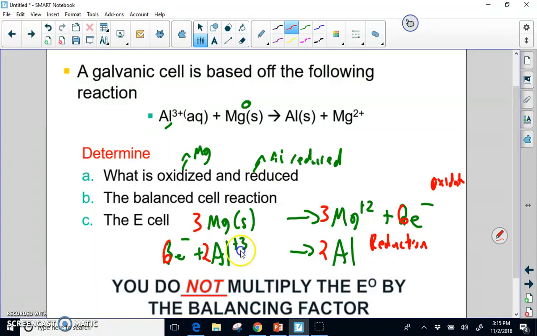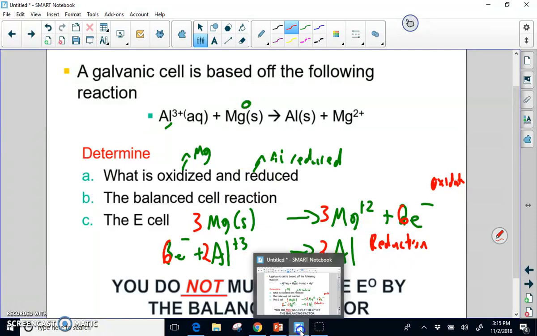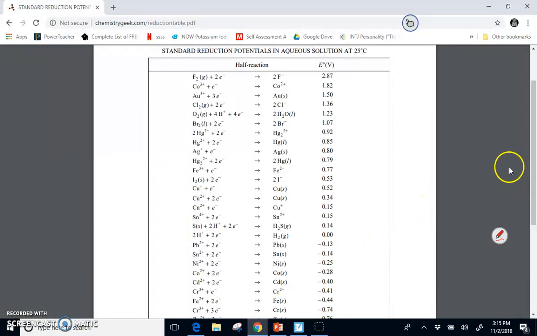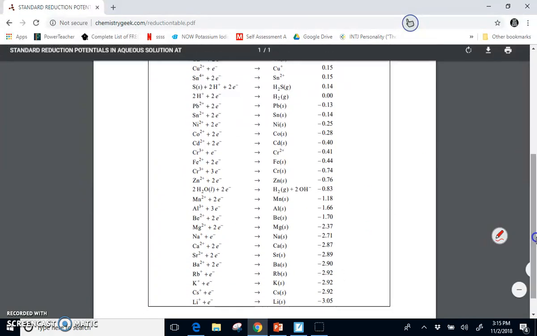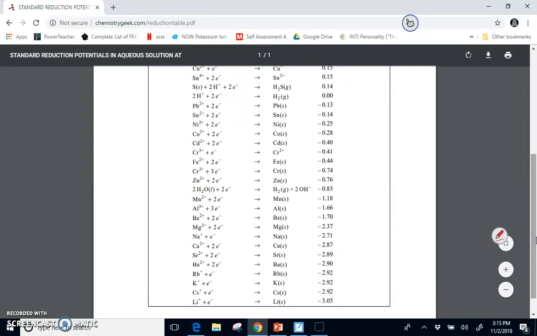I'm going to find magnesium solid somewhere on this table. So where is my magnesium solid? I'm looking for the reaction. So it's right here. Magnesium solid. This one right here. Okay, so now, this is showing the reduction. Okay, notice the negative